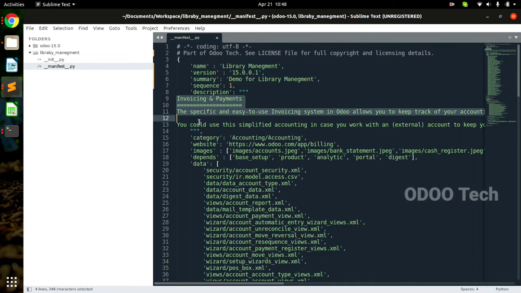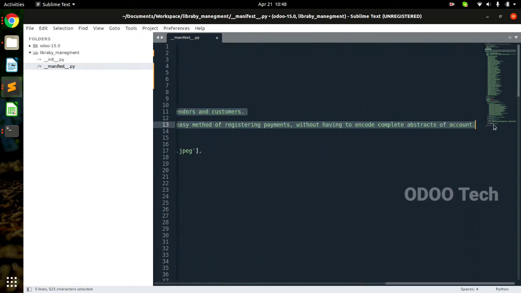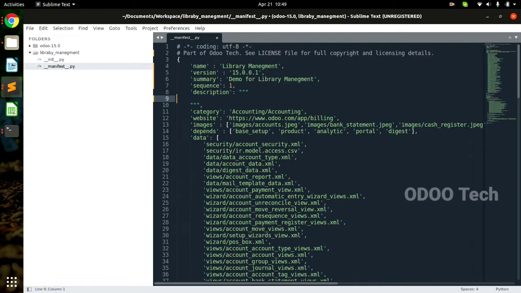Then the description part here. Description is nothing but a detailed idea about our module.